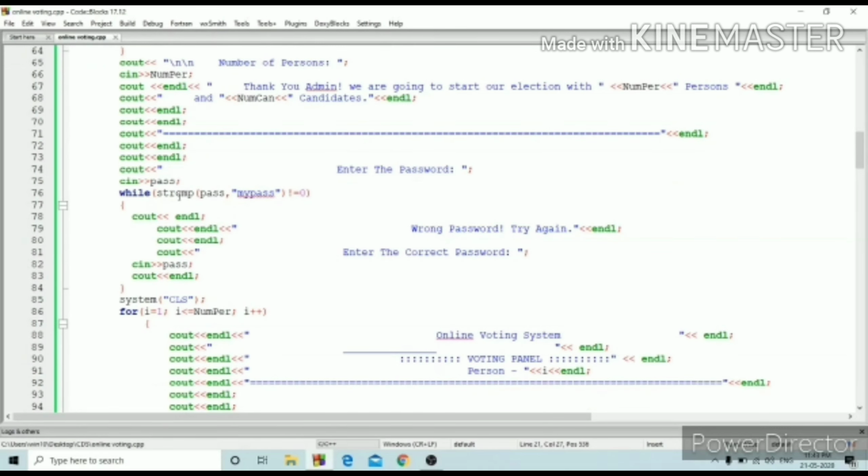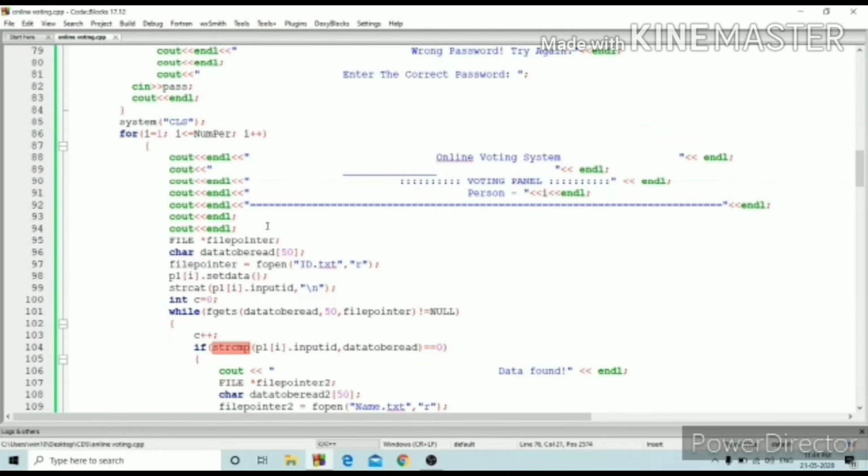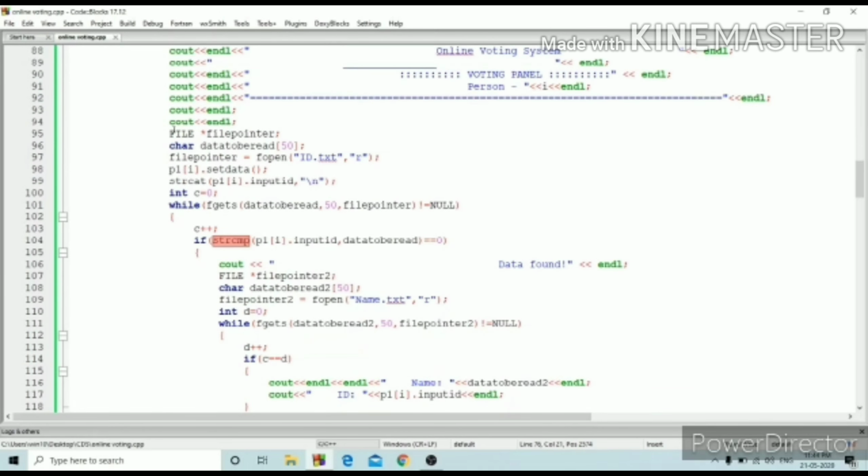I made one password to start the voting. That password is mypass, and I use some standard string functions like strcmp for string comparison, and I use file handling also to store our data.